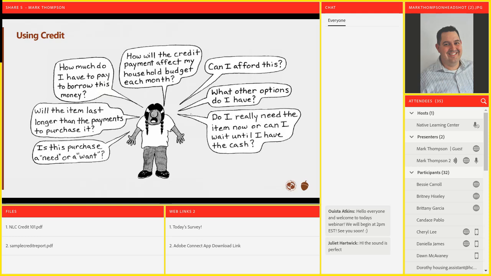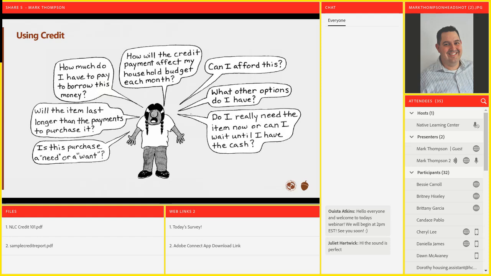Look at that second item from the bottom. The item lasts longer than the payments to purchase it. We find a lot of times that these car loans being made now are getting to be 8-9 years long, right? And with the car loan, you're always upside down. What I mean by upside down is you owe more than whatever you borrowed is worth. So in the case of a car loan, you owe more to the bank than what the car is even worth. If you were to sell the car, you can't even pay back the loan, right? You have to actually come out of your savings to pay it back.